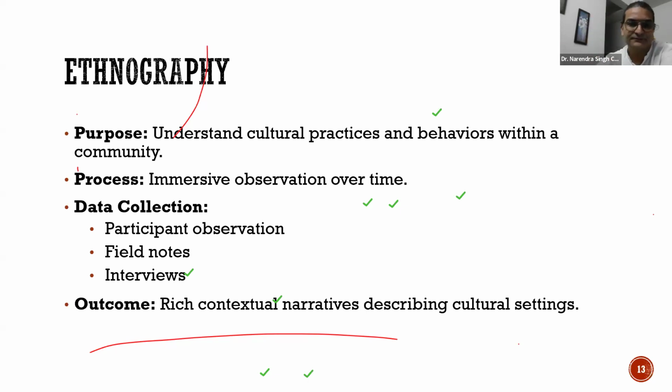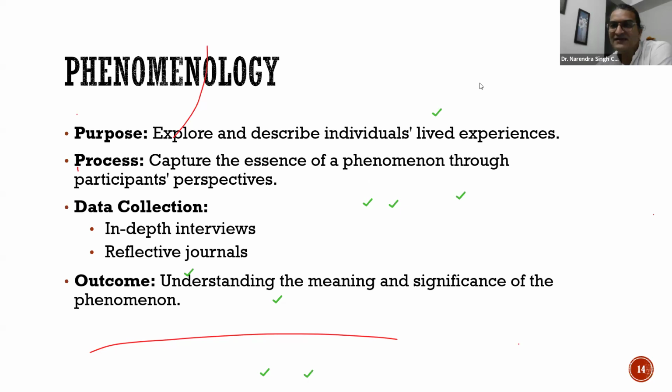Now moving ahead. Process. Phenomenology, as I have discussed. So I want to explore and describe the individual lived experiences. Now see, there I want to understand the cultural aspect. Here I want to explore and describe individuals' lived experiences, which are very, very personal, which I don't know, you don't know, because we have our own experiences. So if I am talking only about lived experiences, I'm talking about phenomenology. Why am I using it? What is the process? I am trying to capture the essence of a phenomenon through participants' perspective,